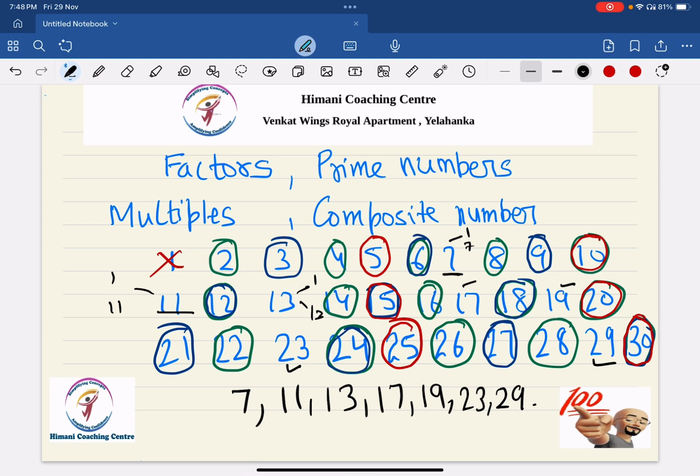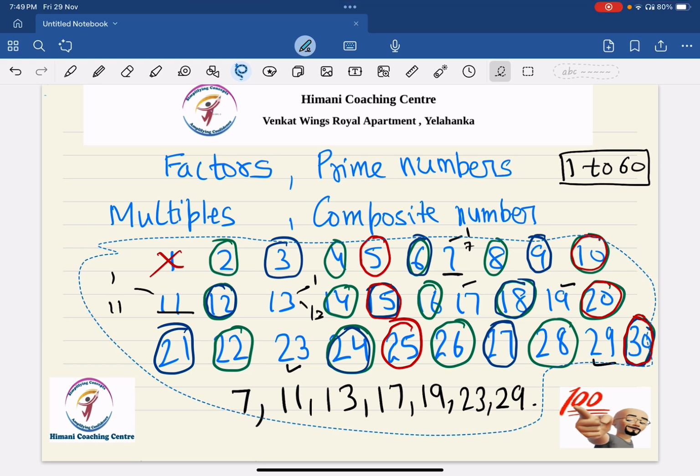Okay. Now your homework is to write the numbers from 1 to 60 and then find the prime numbers. So what will you do? Just follow the method which we did. Find the multiples of 2, 3, 5 and then look for numbers which are prime and note that down. Up till 30 I have done, so you can start from 31 to 60. Advice to parents and elders, if you are watching along with the kids, please see that the kids do this and understand the concept. Okay, kids, now we will go to